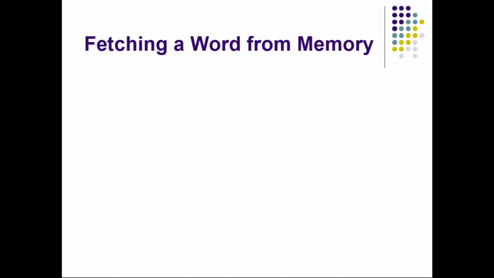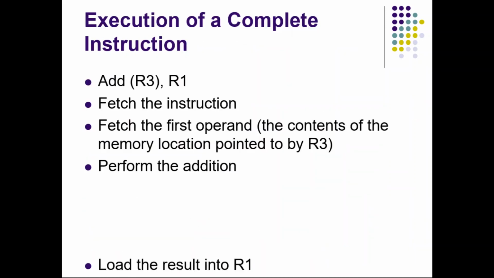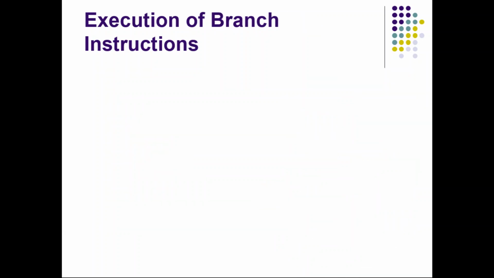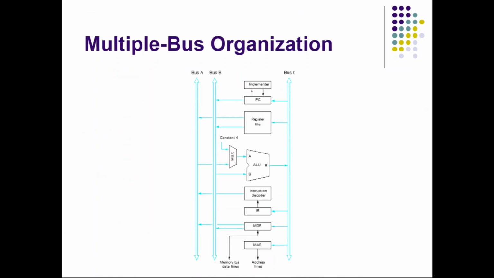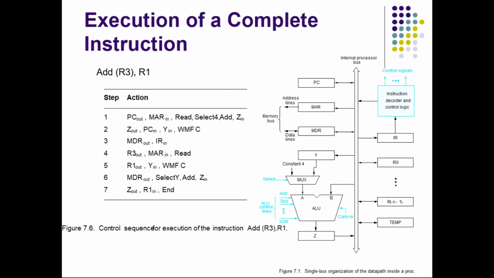And the third topic we'll be discussing is something called multiple bus organization. In that, instead of one bus we'll be using three buses. For your clarity I'll show you that diagram. So there will be three buses. You can see this diagram. Here there are three buses, bus A, bus B and bus C. So what is the role of all these buses, and when multiple buses are there, how does the efficiency increase? We'll be discussing that with the execution steps involved for a single instruction, right? So these are the objectives of this particular lecture.